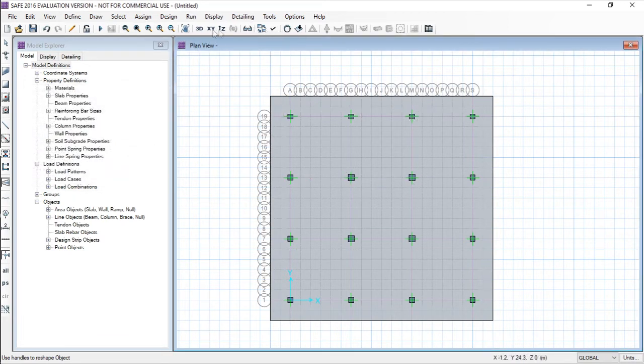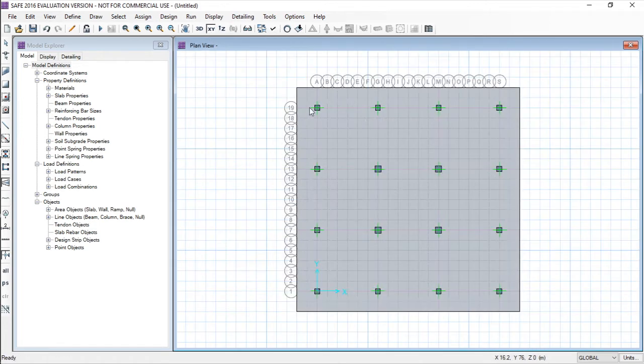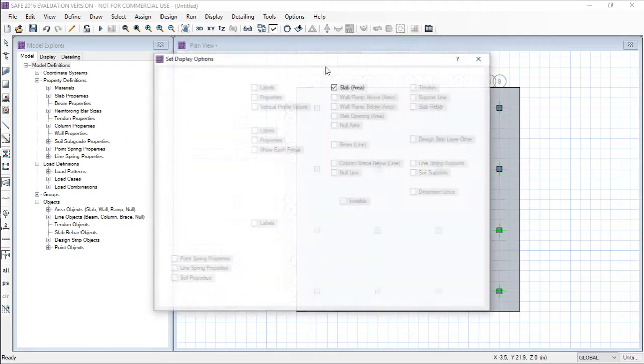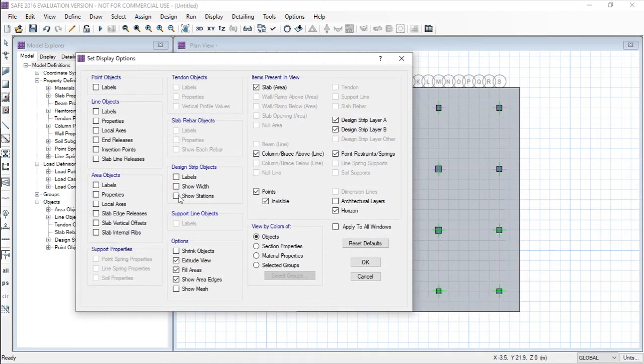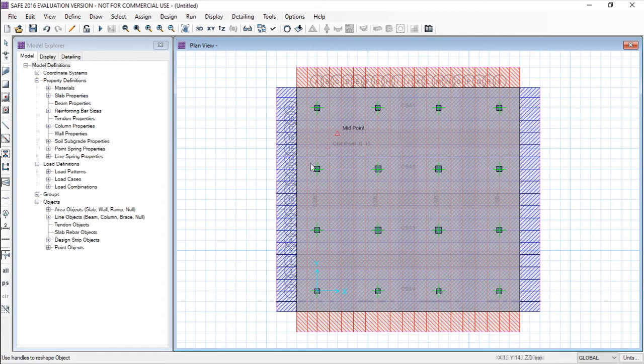We can also see it in the 3D view. Just go to this, we can see from here. Otherwise we can also see the zone. Just go to set display option and click the strip design strip object labels width and station. Just check this box, click on OK.